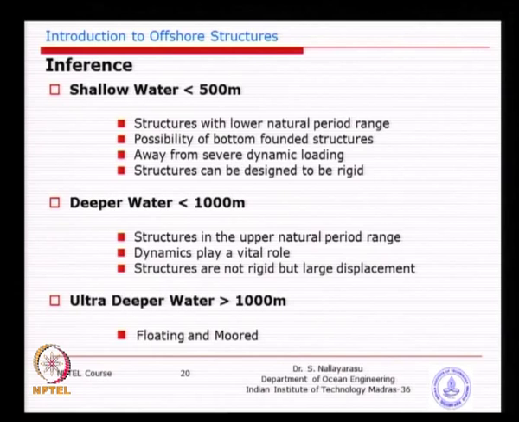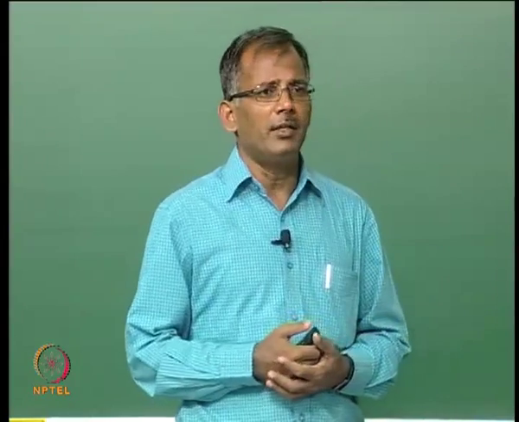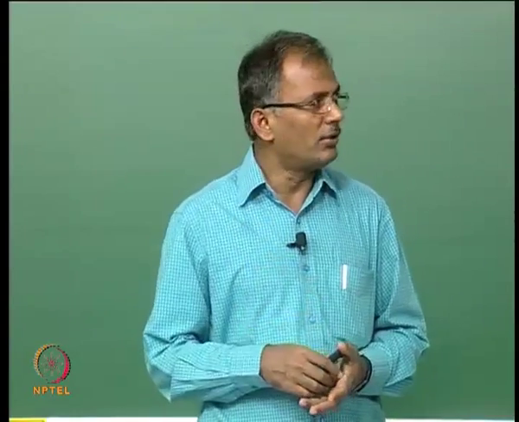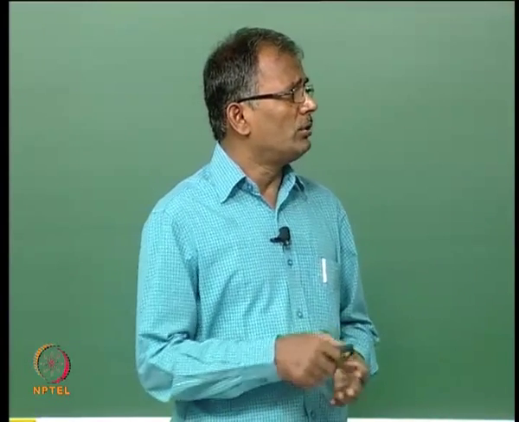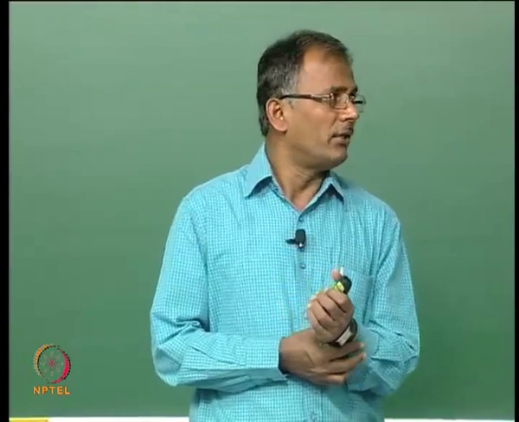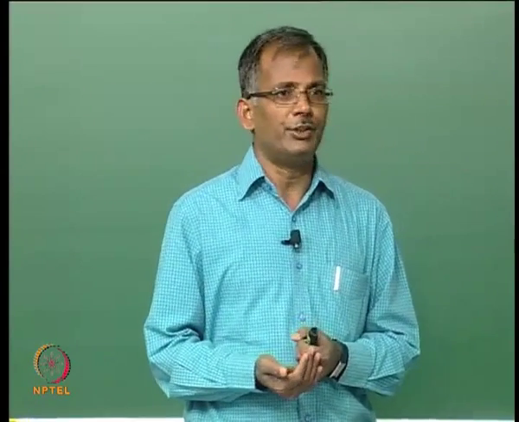Ultra deep water, most of the time we go for floating and moored systems. Deeper water, we still talk about floating systems or semi-floating systems or some very large fixed structures like 675. If you go into the net and search for the largest, deepest jacket, you will find one of them installed in 675. Most of the shallow water is conventionally jackets, but some of the recent projects prove that even in 300 meter water depth, people are using FPSOs, as the reason that I am trying to explain is very good, because it is economical, relocatable, and very cheap.